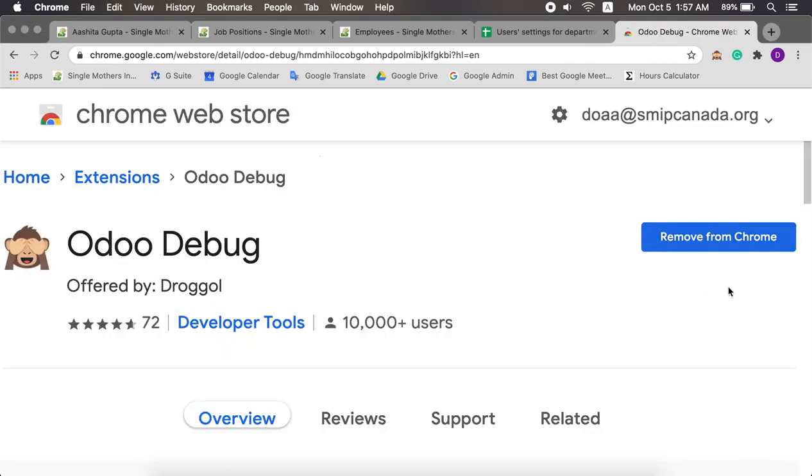Then you will see here add or download. I already have it. When you add it, you will see it here in your browser. If the monkey's eyes are closed, that means it's off, and if they're open, it's on. So go to